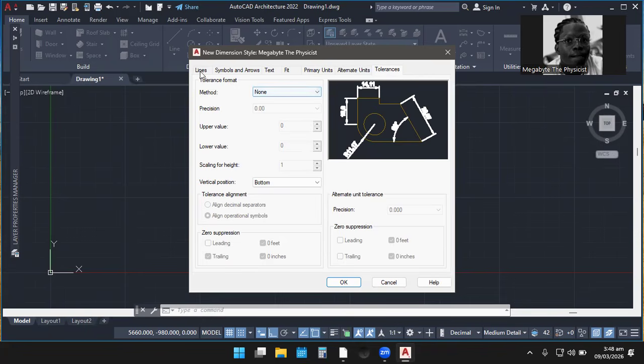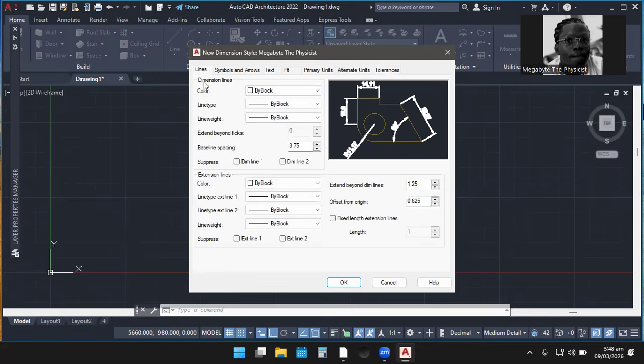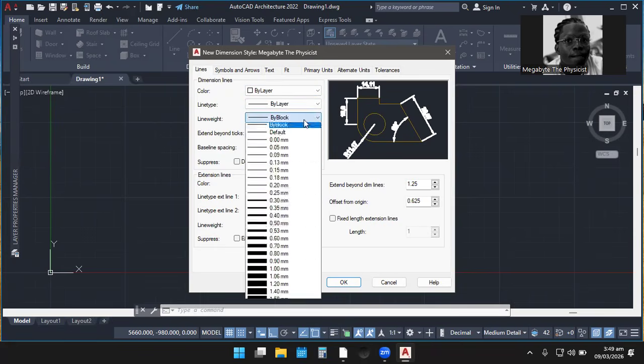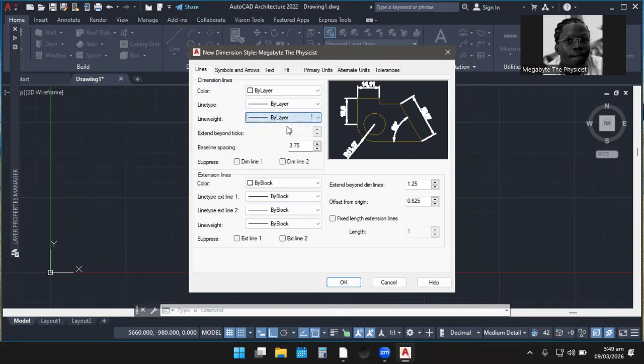So let's start from our lines. You realize that we are done setting layers, but these are all default layers. So we now want to set it to our own style. The first one, you can see, is the dimension line, and the main focus is on the lines, how the line is going to be. For the color of the line, we just do it by layer because we are done setting layers. So I did this by layer, the line type by layer, all of this by layer.